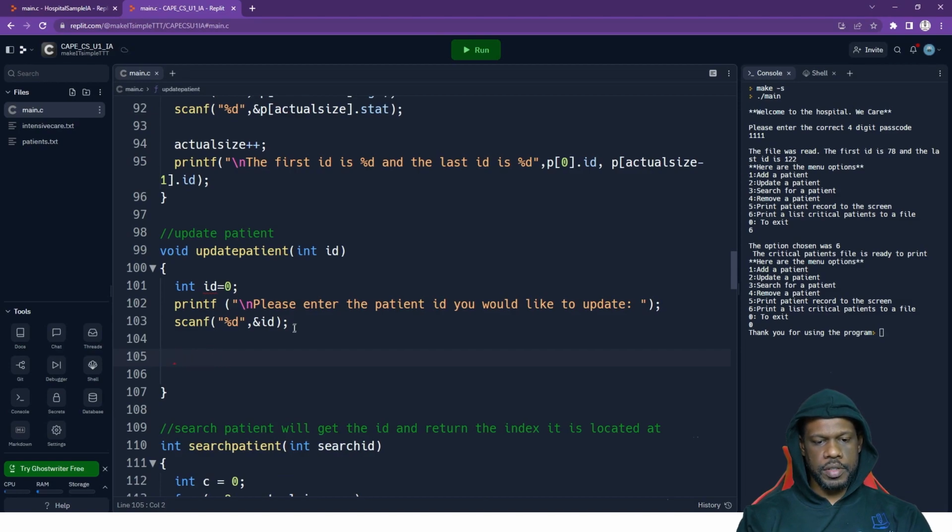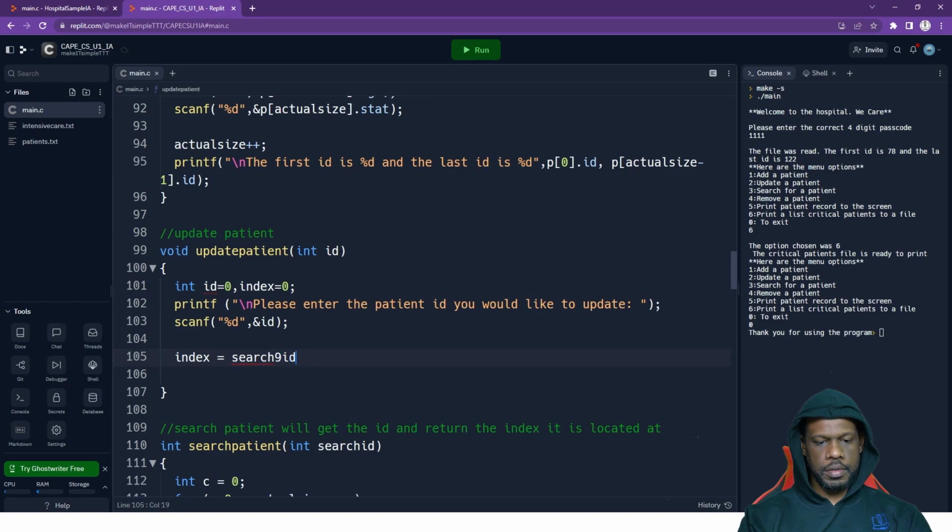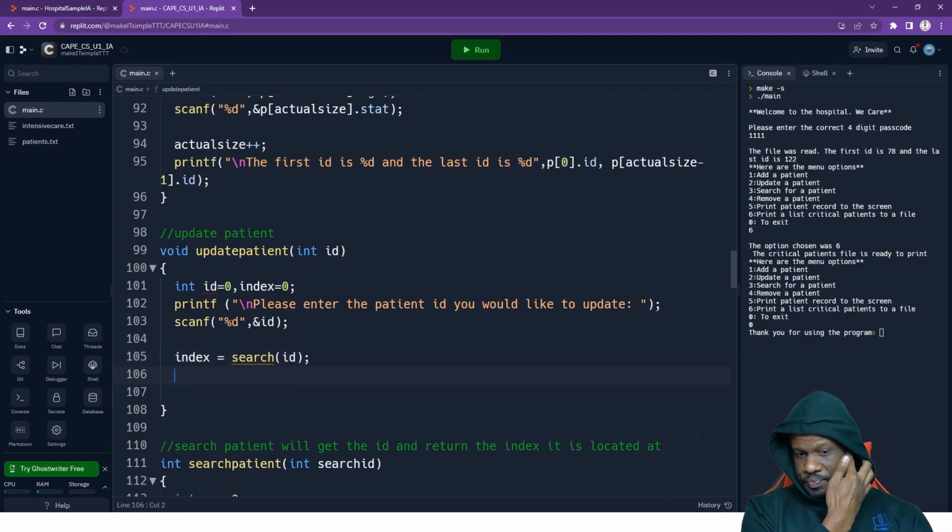We have to create an index also, index equals 0. Right, so we'll say index is equal to search for that particular ID. And once we get the index,